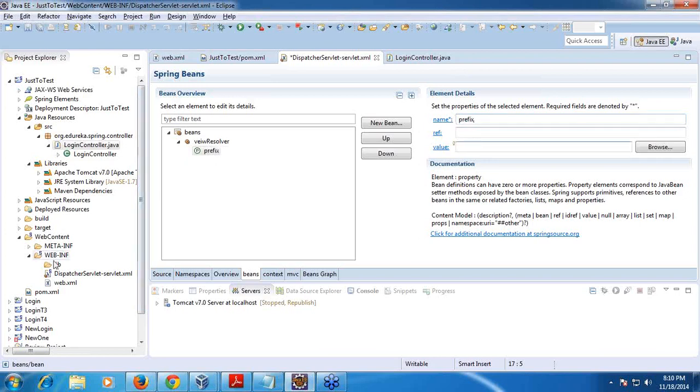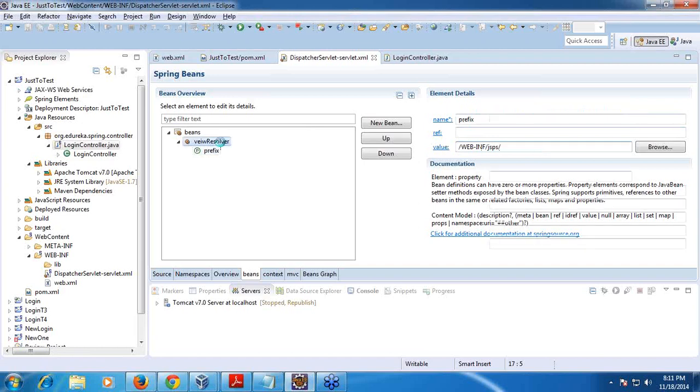Say I assume I will create all these JSP files inside this WEB-INF folder. So now you need to specify that WEB-INF, slash. And then assume I will also put them inside a JSPs folder, JSPs. So now slash I need to specify because I'm trying to create all JSPs inside this. So that's where I'm prefixing with this text.